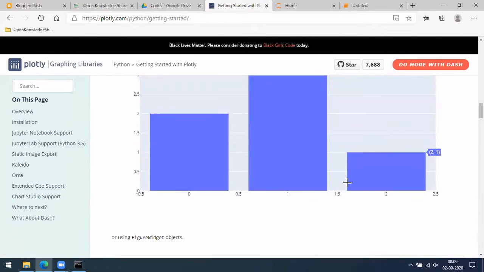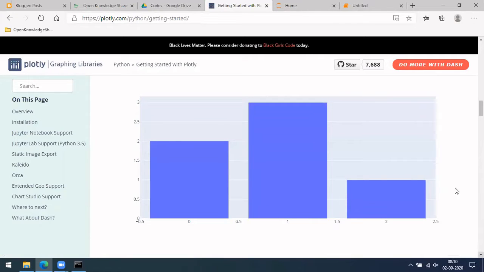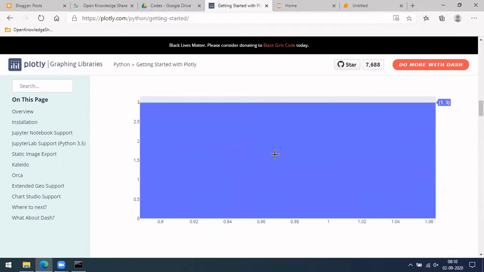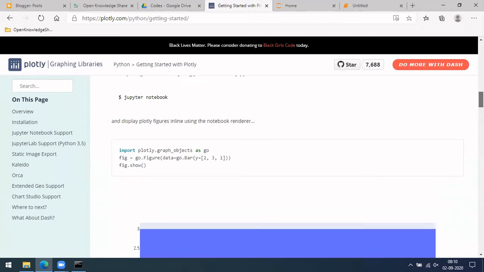So what is the difference between Matplotlib and this? This is an interactive plot. If you move your cursor, like the pointer, on top of the graph, it will show you the values, and you can do some interactions. You can interact with this graph. Okay, so let me do that and show you something else.